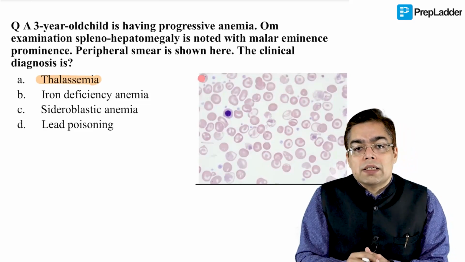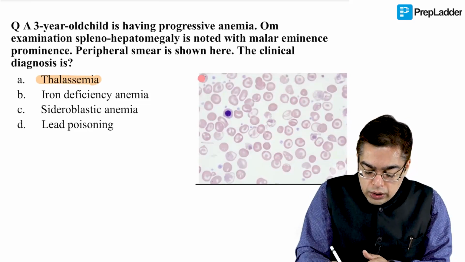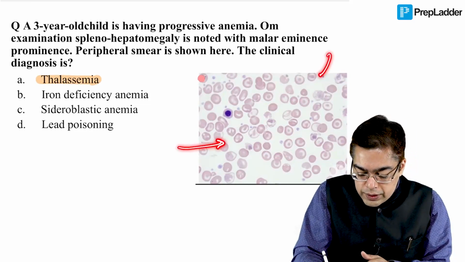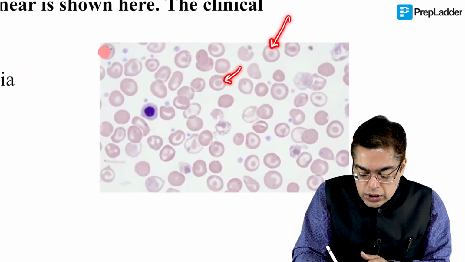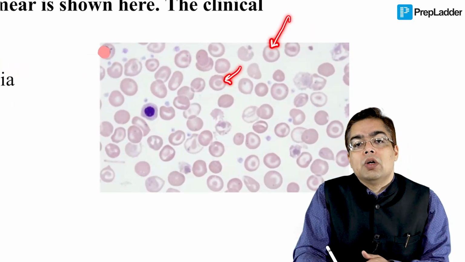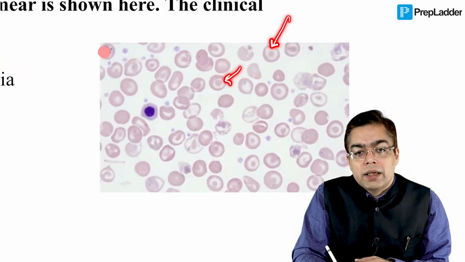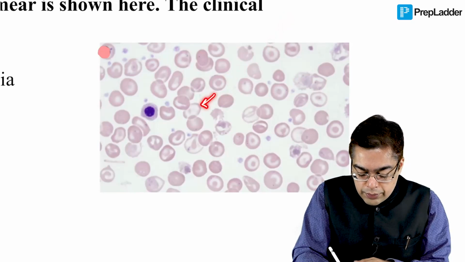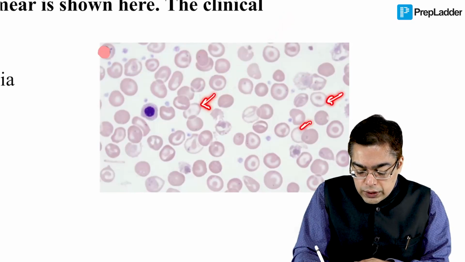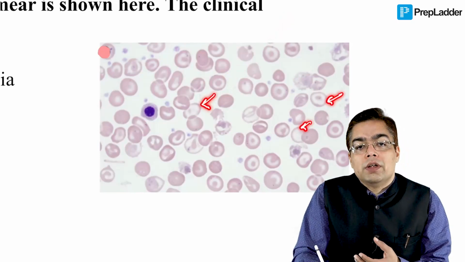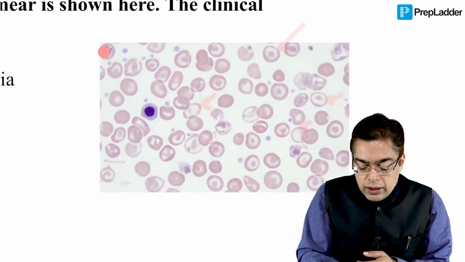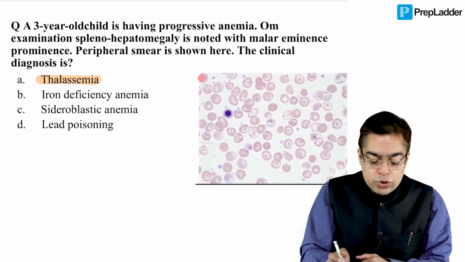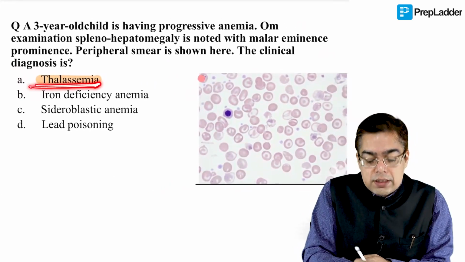Now, when we talk about thalassemia, the peripheral smear is likely to show you microcytic hypochromic RBCs. And as I told you earlier also, these RBCs have a central dot-like appearance, which is given the name of a target cell. So microcytic hypochromic RBCs, look at those RBCs, they have so much pallor, and this is suggestive of a defect at the level of the RBCs. Along with the target cells and the classical history that he has given, this makes things easy for you to crack in the exam: thalassemia.